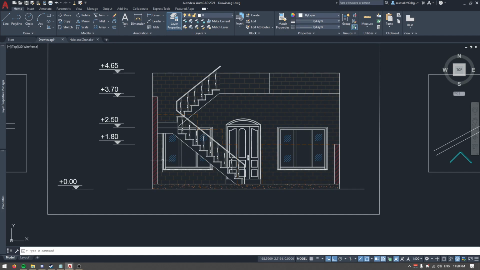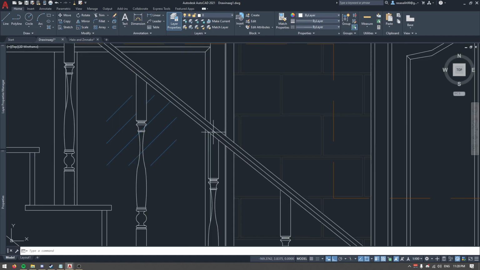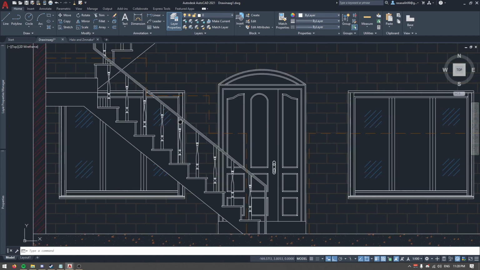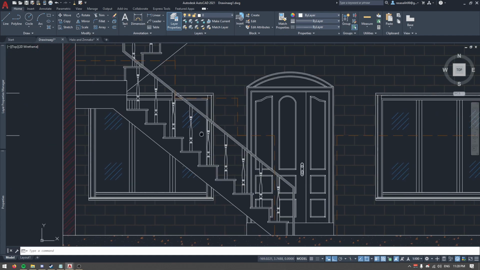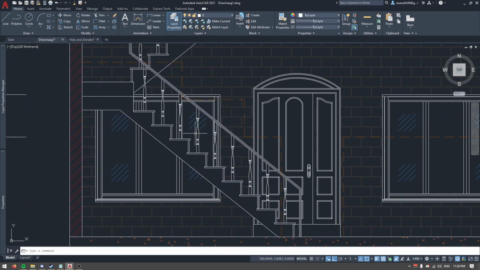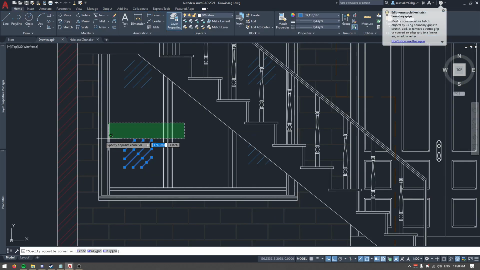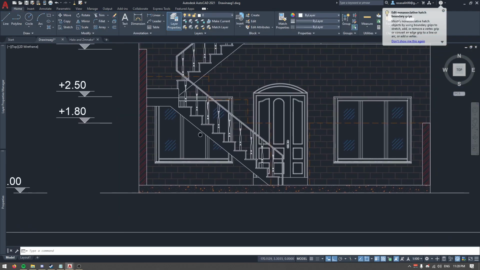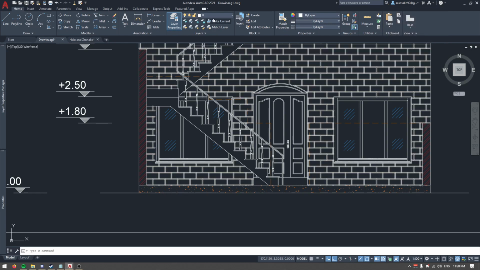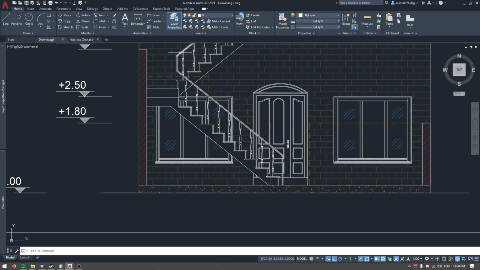And if you want to make any changes, it's going to be really hard selecting all of the lines. I know it's not perfect. There are some lines in the staircase, but it's going to be very difficult to select this window without messing up and moving the window and then trimming and extending. But if you assign the staircase to a stair layer and the window to a window layer, or whatever name you give it, you can